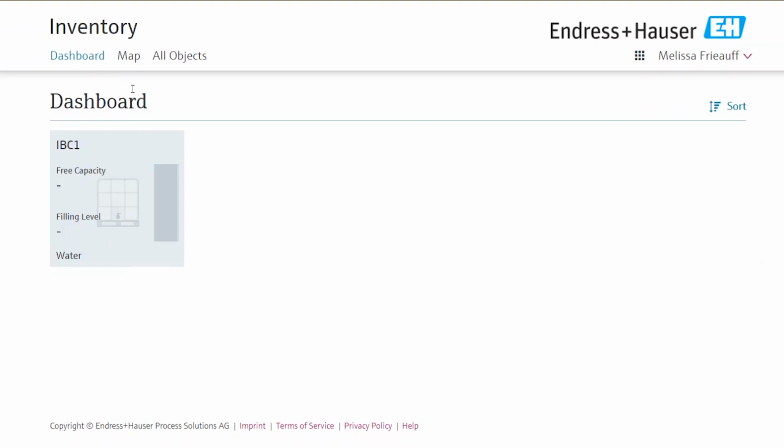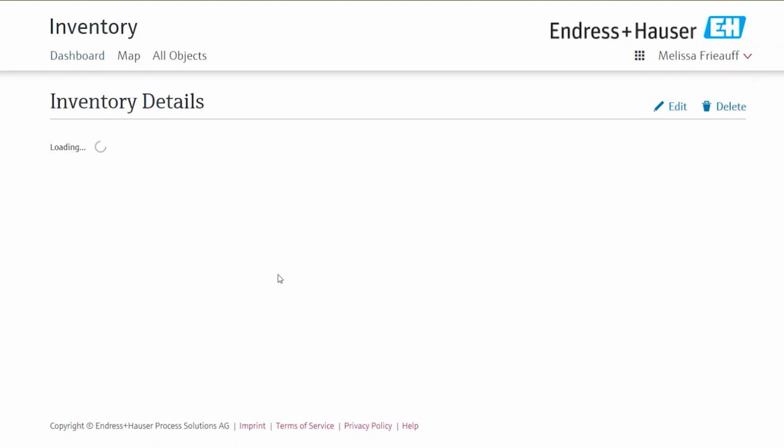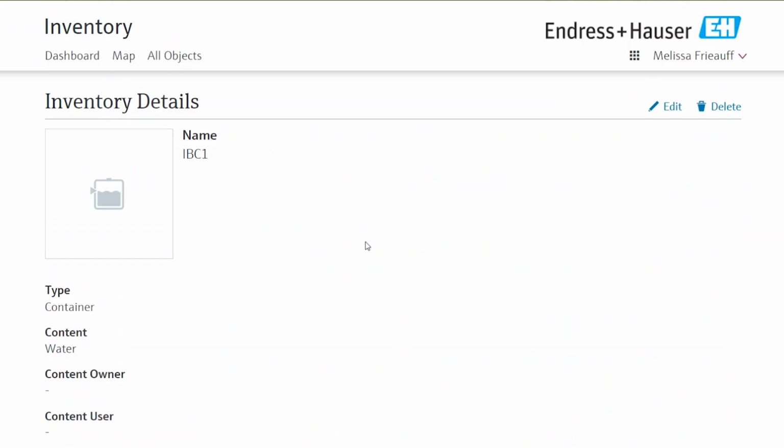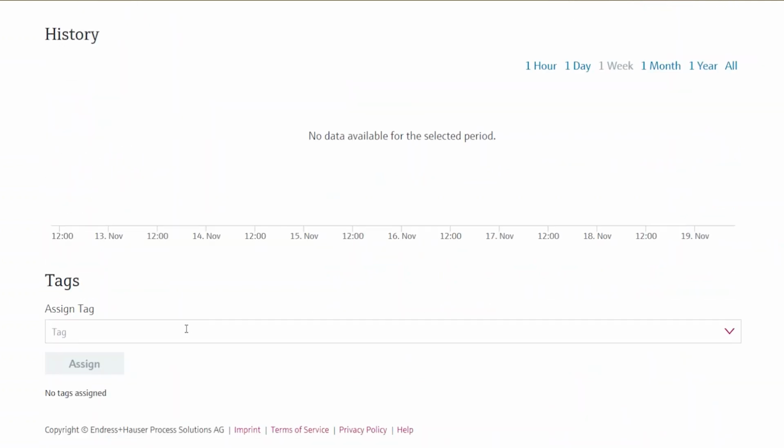We can find it now under all objects. There's also the dashboard, and you can see right here, we already have here our newly created inventory, but with no values. Why that? Well, we have, of course, also assigned our asset to this newly created inventory first. And that's what we want to do now. So when you're on the inventory details, you can just scroll all the way down and here assign a tag.